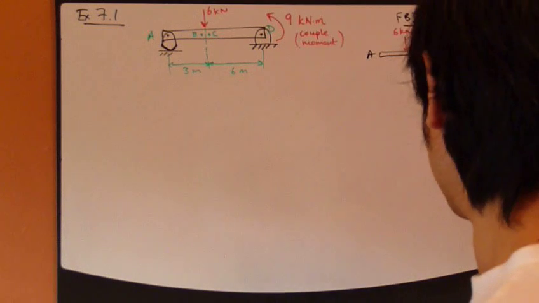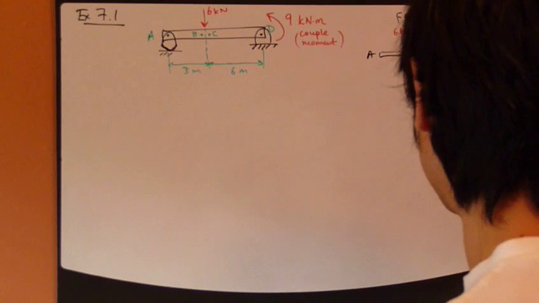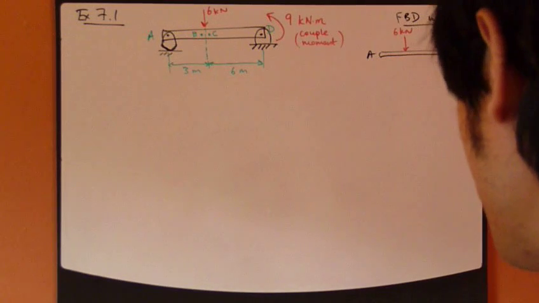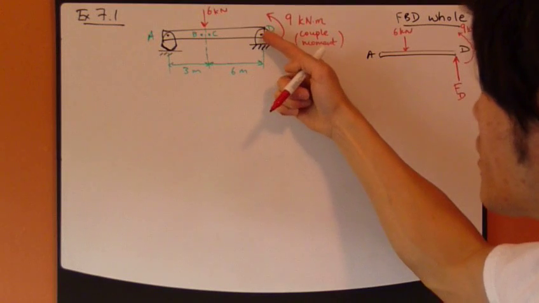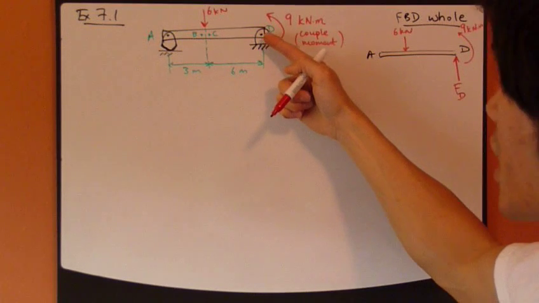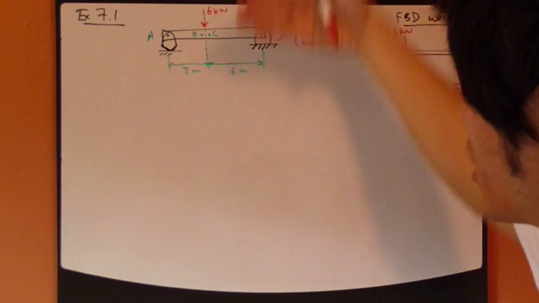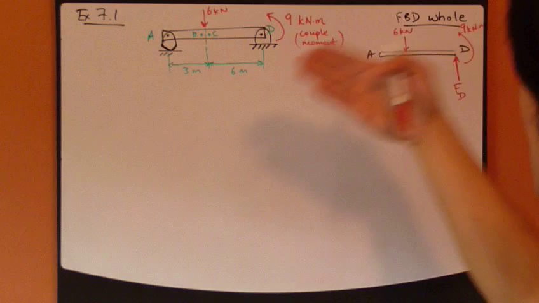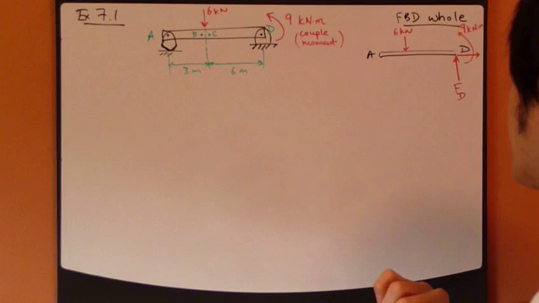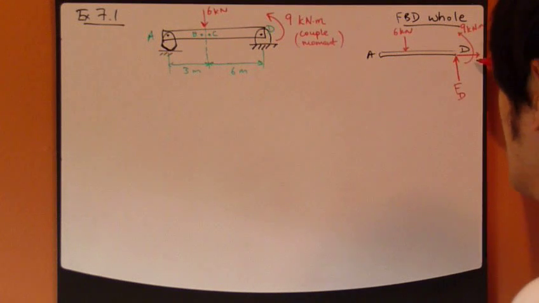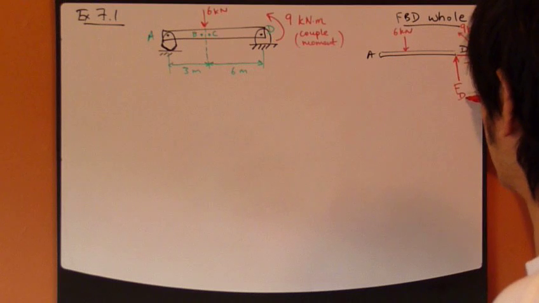Let's call this reaction force FD. And since this is a connection, it resists any potential movement of this point D vertically as well as horizontally. Really, you should have a horizontal reaction force as well. So let's call this FDY,